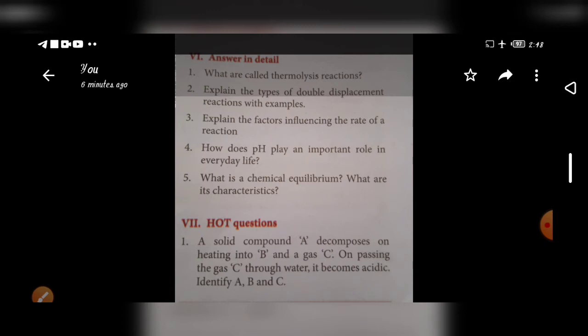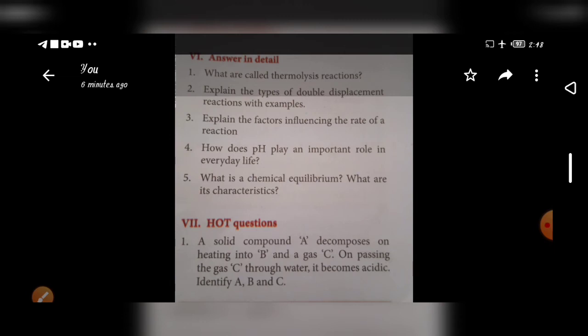From the top, the important factors that affect the rate of a chemical reaction are given, six of them, and also up to the B side, the surface area of the reactant. You must read that paragraph fully. Okay, next, how does pH play an important role in our everyday life? Page number 149, 10.6 fully. Fourth question, 10.6 fully.